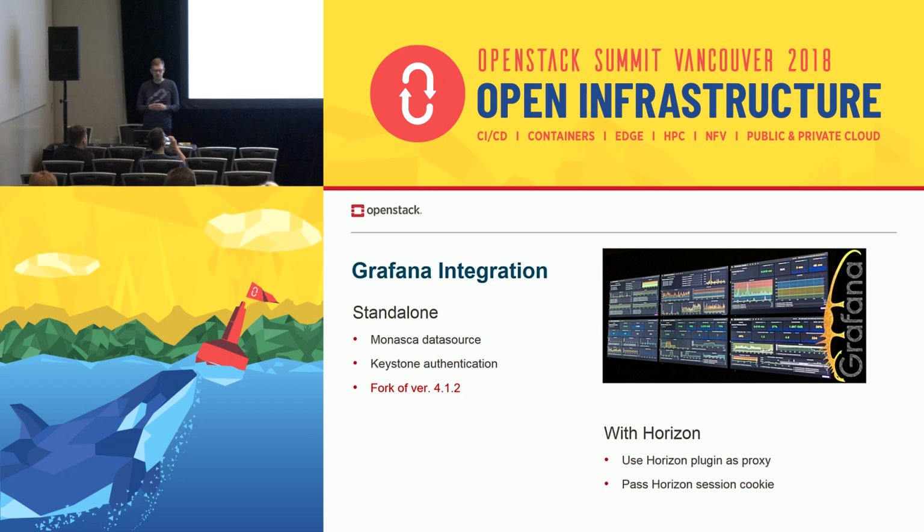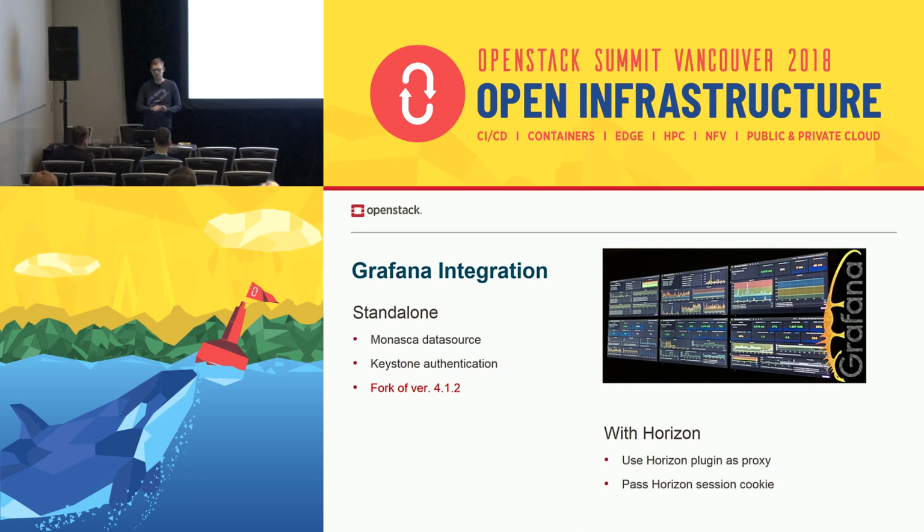The only problem with this is that we have never managed to upstream this implementation, and the code is in a fork of Grafana version 4.1, which has become quite old now. To overcome this, we have added another authentication mode to the Monasca data source.